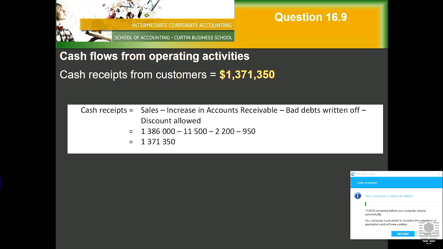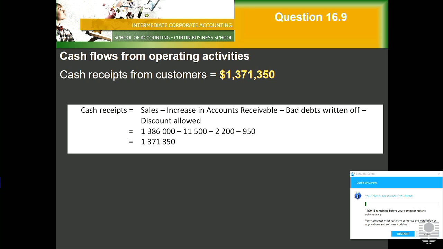You start off with your sales, minus out the increase in accounts receivable. But remember, if your accounts receivable had gone down the other way, you would add the decrease. So your signs change depending on whether it's an increase or decrease. So we've got sales minus the increase in accounts receivable, minus your bad debts written off, minus your discount allowed to give you the 1,371,000. So with your bad debts written off, that 2,200,